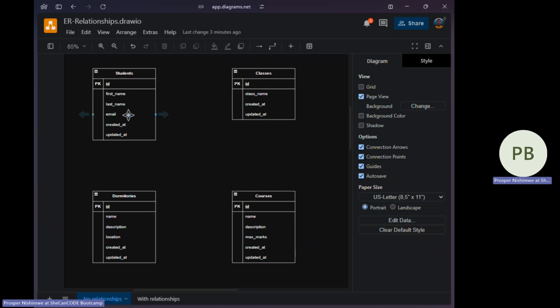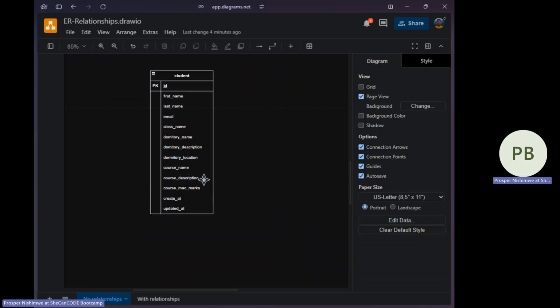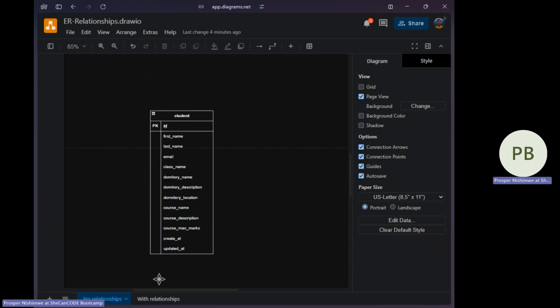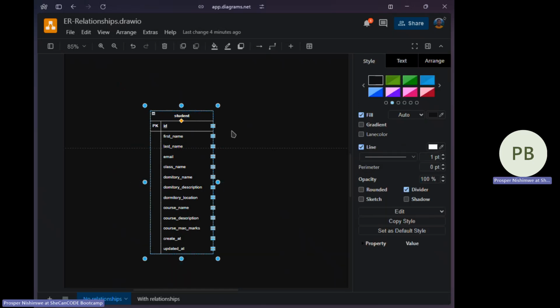And you want to be able to store the students with the class in which they are enrolled, their dormitories, and also the courses that they are taking, right? So if we had no relationships, the approach we would have used is to take all of these tables and merge them into one table, like having one table maybe called students,